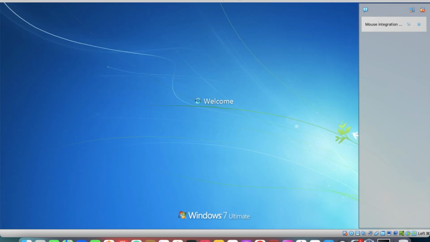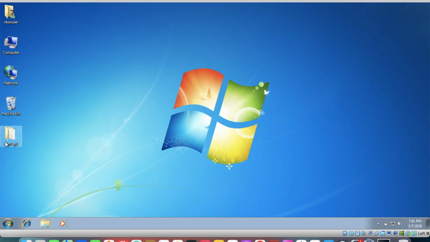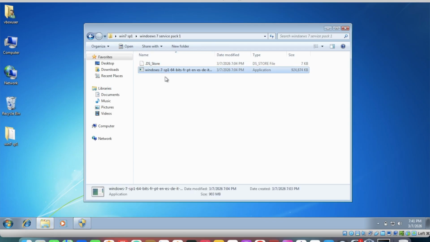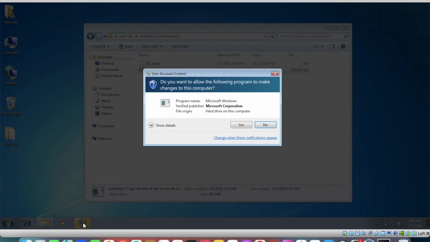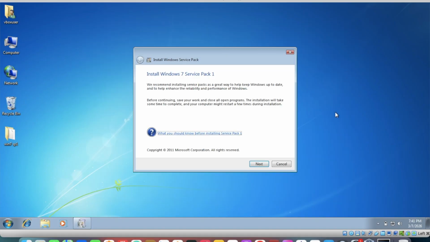And then next we're going to need to wait. What I'm going to do is install the Windows 7 Service Pack 1 onto the system. Go to here, then I'll install Windows 7 Service Pack 1. Apply, and I'll click on this to confirm the installation process. I'll close this up. Next, and then I'll